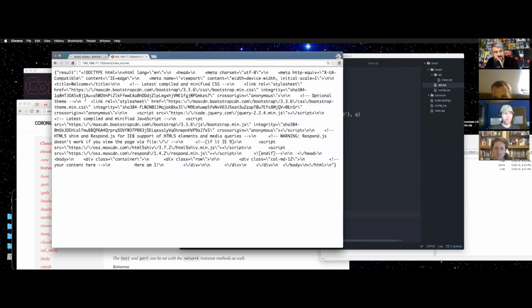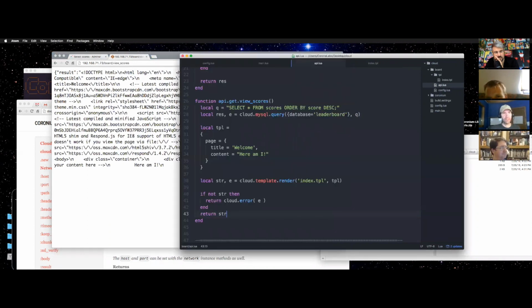So, wow, that looks really pretty. As you can see, we have this seemingly HTML web page, but it's still coming out as JSON. It's in the result key. That's not going to be good. So what we can do is Coronium has what I call outputs. These are basically constants that you can add along with your result,